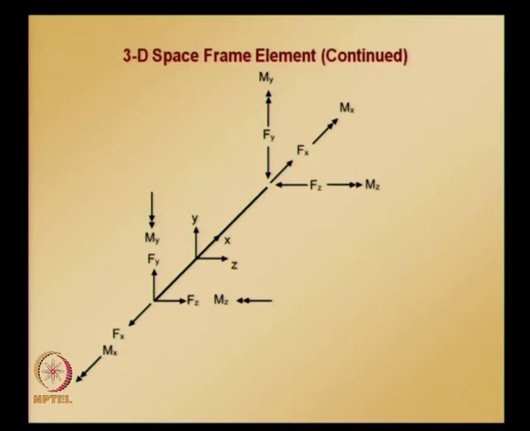And if you observe this figure, a double headed arrow convention is used to show moments. With this convention, if the thumb of the right hand is pointed in the direction of the arrow, then the curl of the fingers shows the direction of bending moment. So these are the positive directions, the convention for positive directions for